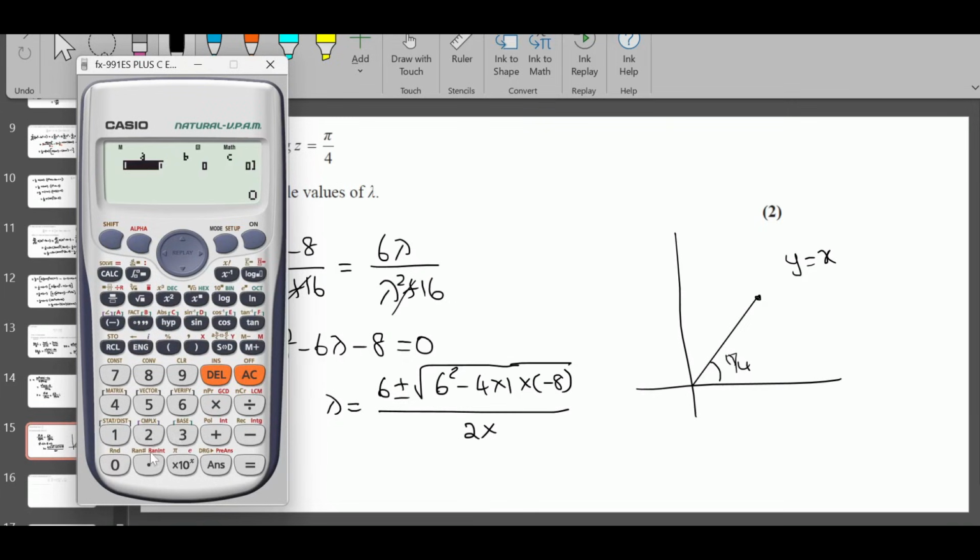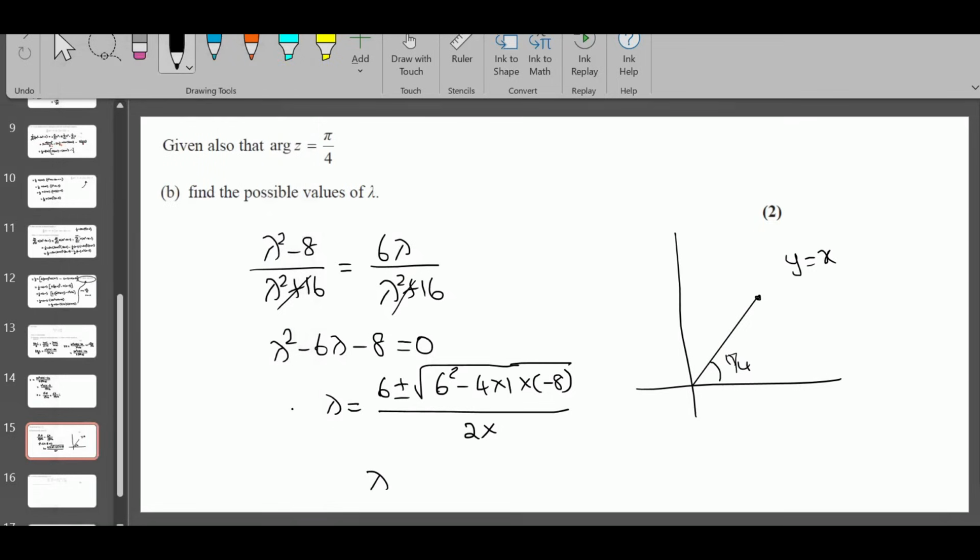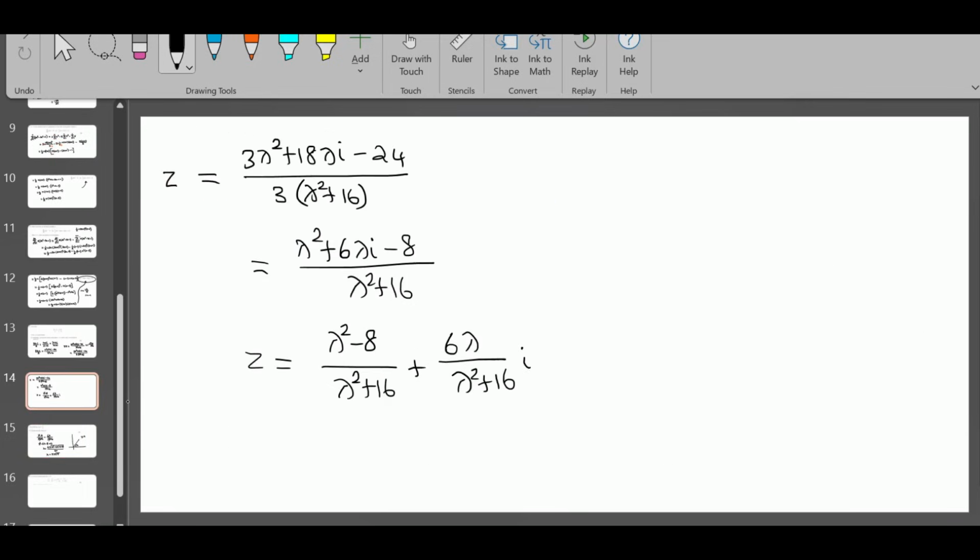So go to quadratic: 1, minus 6, minus 8. 3 plus or minus square root of 17. Now we need to check whether any conditions are given for lambda. Here we know this part is a positive number, this is also a positive number, right? So definitely lambda cannot be negative, right? If lambda is negative, this becomes a negative number. So you need to write,